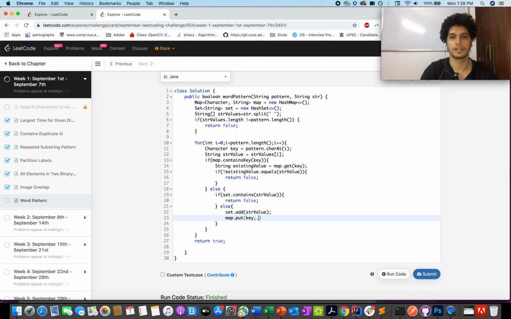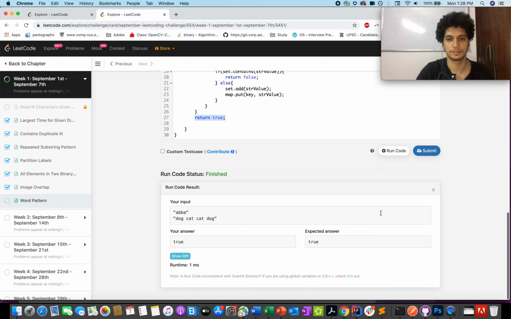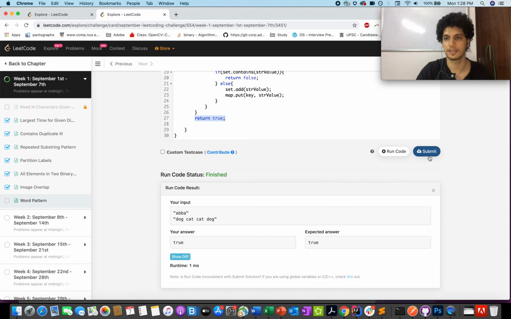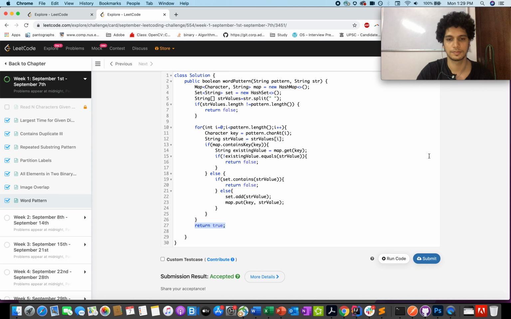Map.put key comma str val. If we are done with the complete length, the happy case would be to return true from here. And let me just try this code out. Let me just submit it. Accepted.